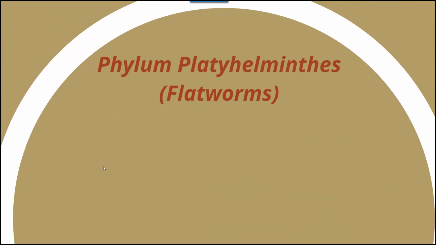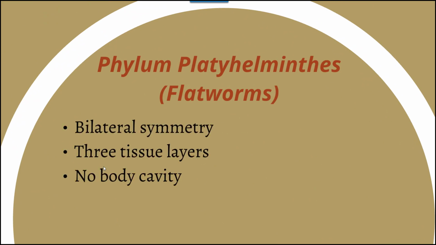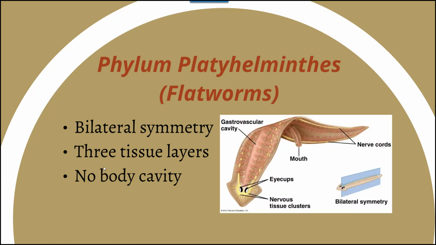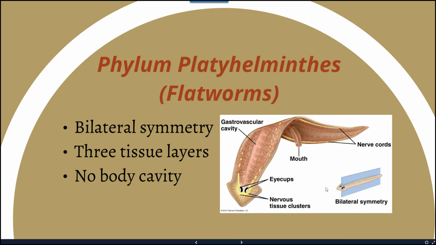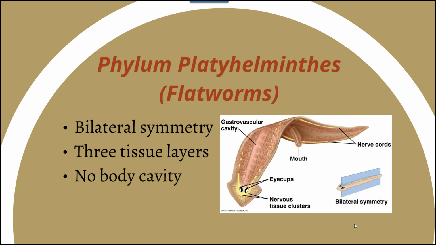Next in our group of invertebrates is Phylum Platyhelminthes, or flatworms. These are super cute little guys. They have a bilateral symmetry to them, so it's the first group of invertebrates where we see this bilateral symmetry. You could cut these little flatworms in half and have the same parts on either side. They have 3 tissue layers as well now, instead of 2, so they have this mesoderm present. And then they have no body cavity, however, so they're not going to have anything more complex than that. They are just going to have this mesoderm structure to it.